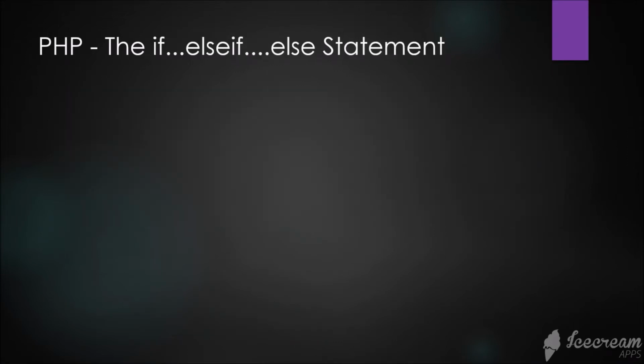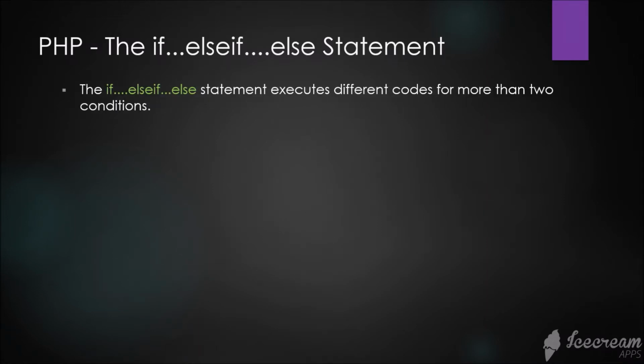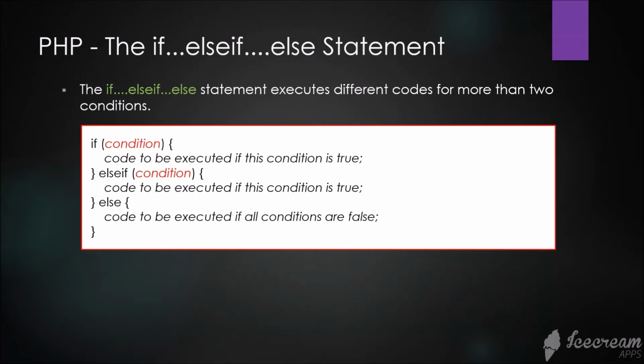Okay, next is PHP, the if, elseif, else statement. So the if, elseif, else statement executes different codes for more than two conditions. So ito naman yung syntax natin. Okay, so here we have the first condition. If, first condition. Then once mag-false to, then we're going to jump to the next condition. Check kung mag-true. Kung mag-false pa rin, then we're going to jump to the else. Okay? So, ano yung mangyayari? What if mag-true dito? If ever mag-true dito, then execute na itong code and it will not jump to the